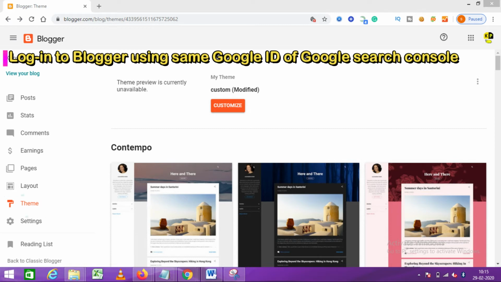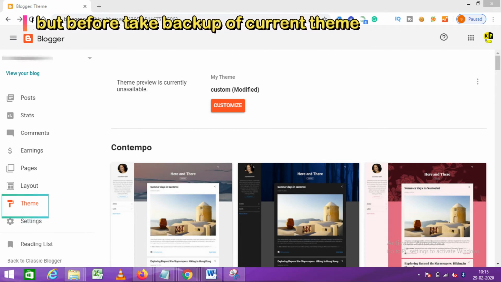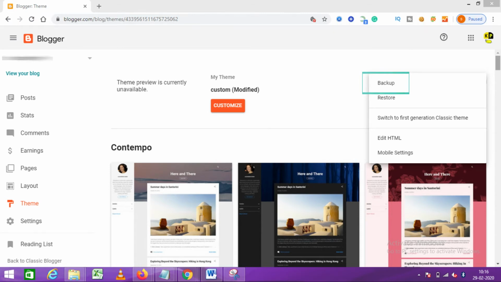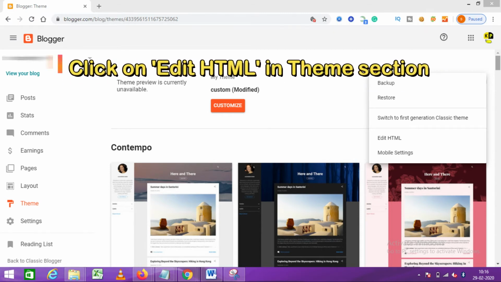Now here click on theme, but before making any changes, just take backup of your theme, so that if we make any changes in your HTML code and if any error occurs, then you can restore back to your original theme. Click on edit HTML in theme section.